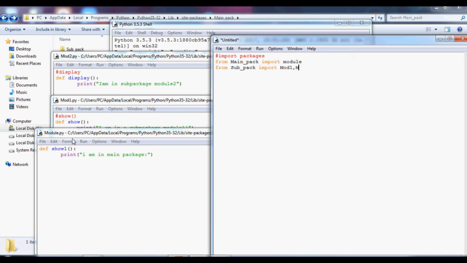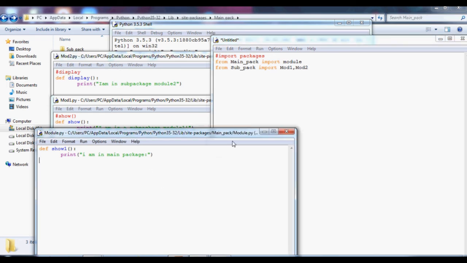So can you see here, mod 1 and mod 2 are in the sub packages, and this is in the main package. Can you see main pack module.py? So I have imported this main pack dot import module.